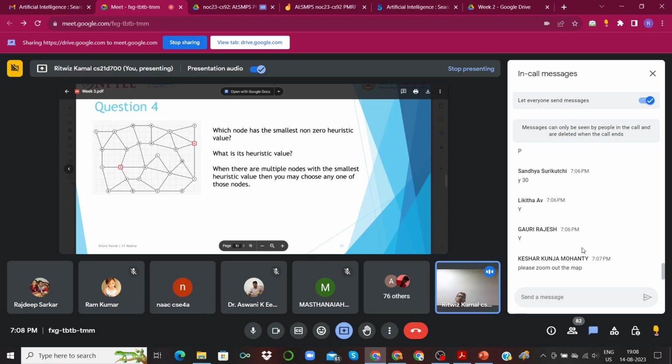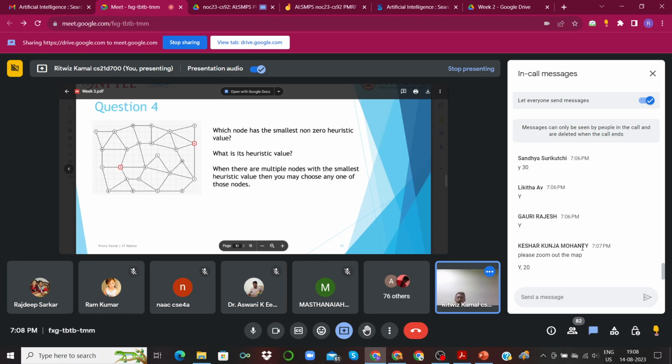Heuristic value can be dependent on the problem that you are solving. For the 8 puzzle problem, H can be H1, H2, H3, whatever, defined by a different formulation, such as the number of tiles that are not in position.